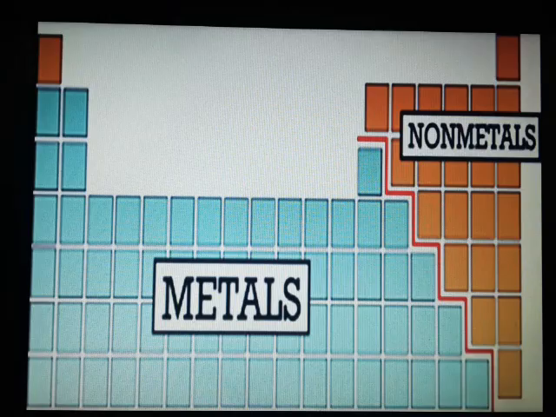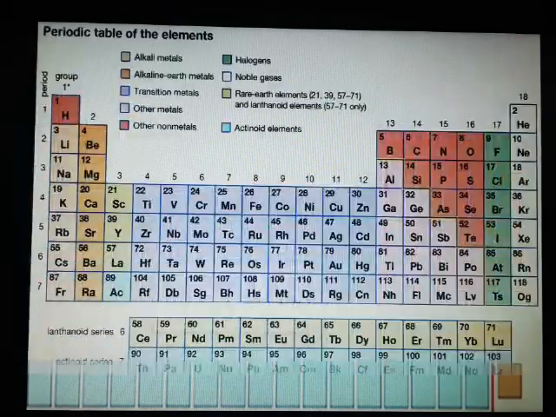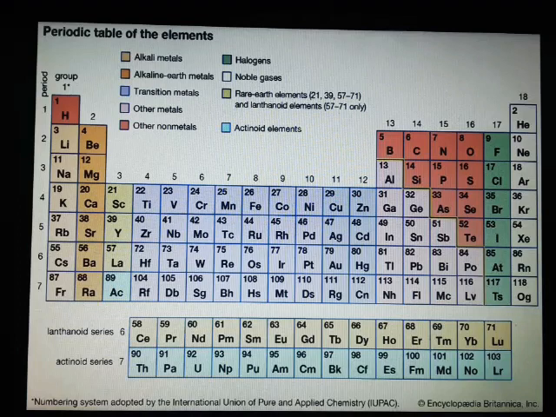So far 118 elements have been found. This is the periodic table of elements. Here all the elements' symbols are given. You can identify what are metals and non-metals through this, and this periodic table is very important because it is the next lesson that we are going to see. Before that it is just a sample. Up to at least 30 elements you need to memorize. It is very important. We'll study that in the next lesson, but just understand that this is the basis for chemistry.